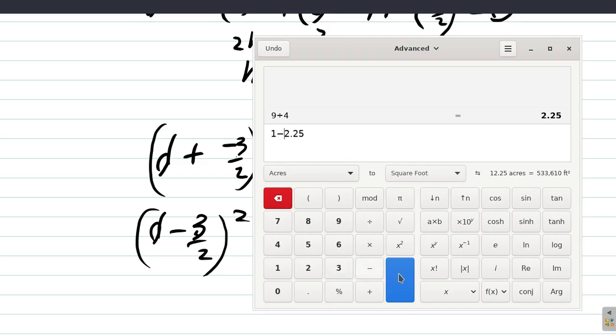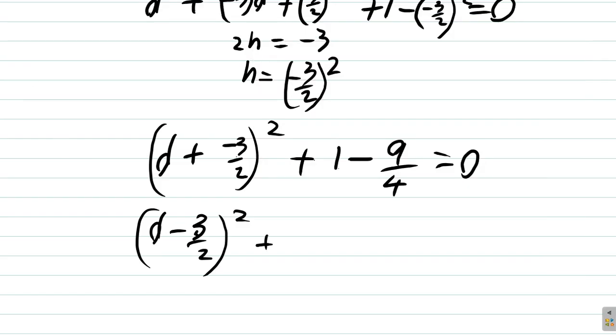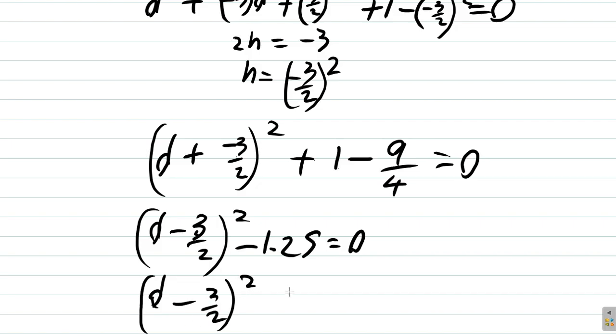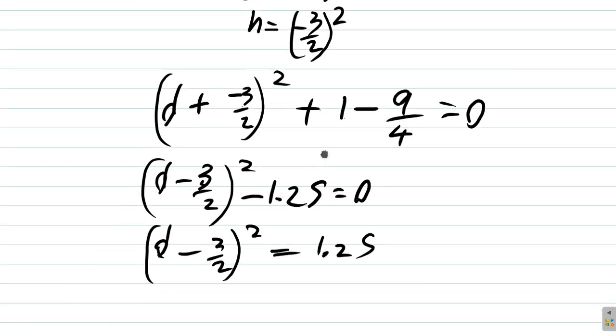And 1 minus that is negative 1.25. Alright? It's negative 1.25 that you're going to get. Minus 1.25 equals 0. So d minus 3 over 2, all squared equals 1.25 when you add 1.25 to both